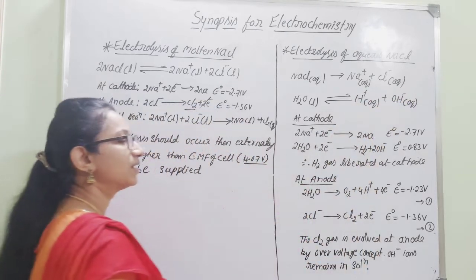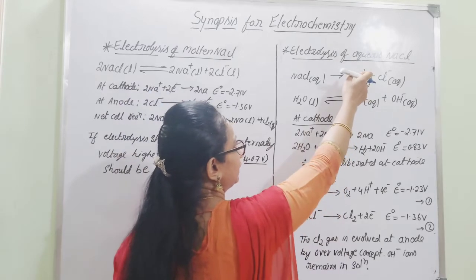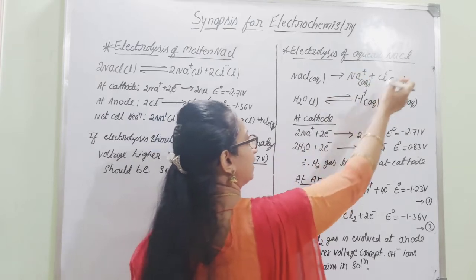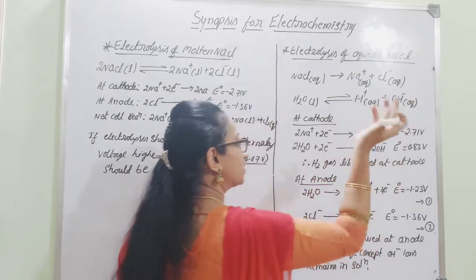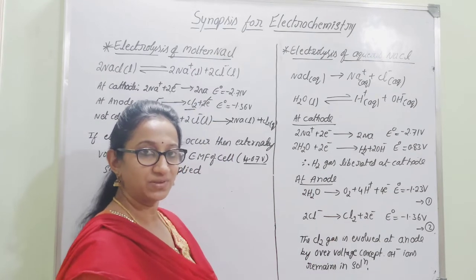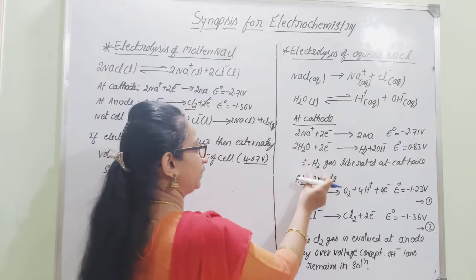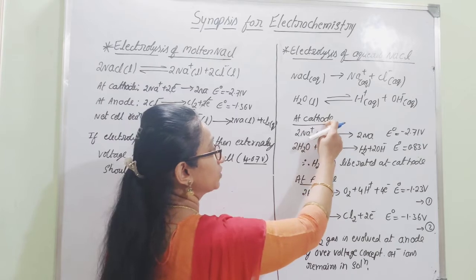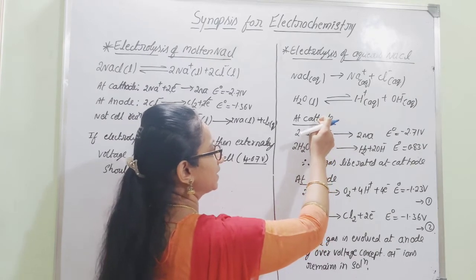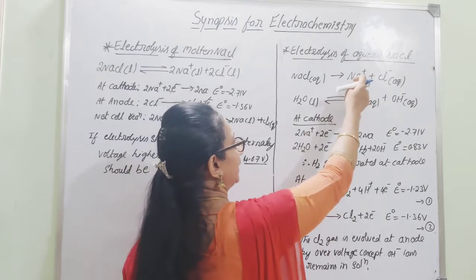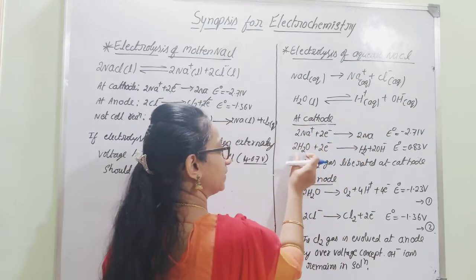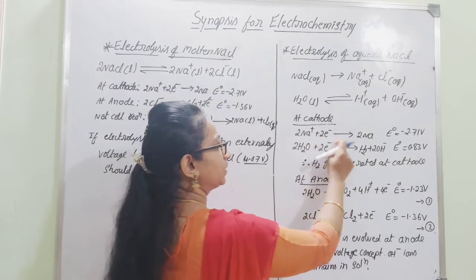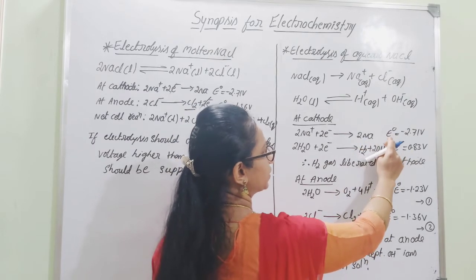and OH- ions. Now, there are two cations and two anions, so there will be competition between Na+ and H+, and there will be competition between Cl- and OH- to get discharged at their respective electrodes, that is, cathode and anode. Now, consider the two reactions at the cathode and at the anode. At the cathode, which ions get attracted? The cathode is negatively charged, so oppositely charged ions get attracted: Na+ and H+. This H+ is written in terms of water molecules here, of course. And here Na+ gets reduced to give Na. Here the reduction potential value is negative.